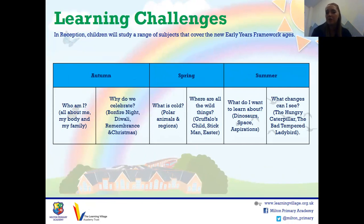Then in the spring, we do What Is Cold? We learn about the polar regions, the animals you might find there, the weather that you might find in the cold. Then we move on to Where Are All the Wild Things? We do lots of classic stories such as The Gruffalo's Child, Stickman, and then we will lead into Easter before the Easter holidays. Then in the summer, we do a lot of child-initiated learning, so the children choose what they